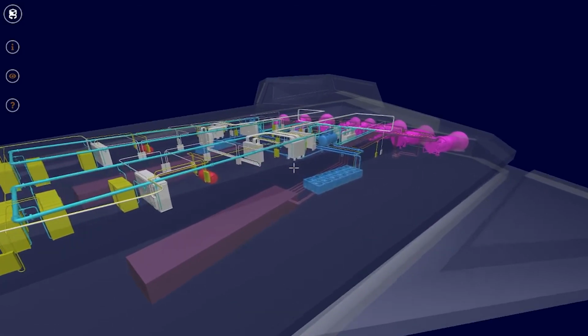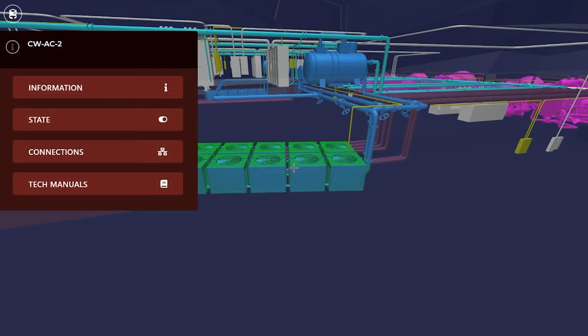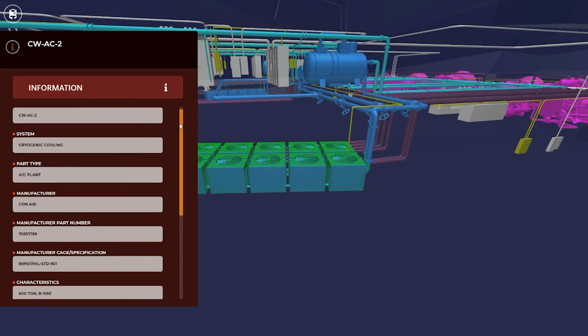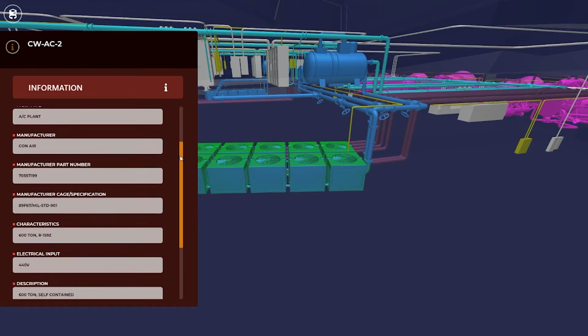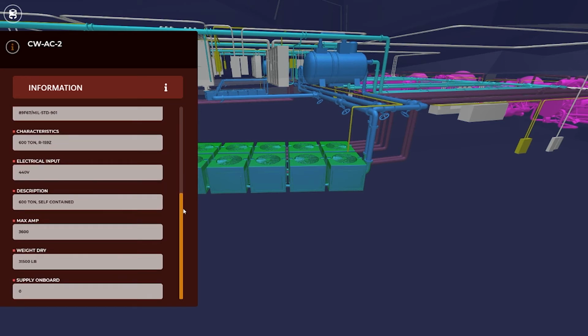We're using game-based controls, so WASD to move around, the mouse to turn what you're looking at. Everything is fully interactive, so I can click on this component and I can pull up information about it. Information includes naming conventions, part numbers, manufacturers, catalog numbers. Any type of information that you might want to see can be shown on this panel, and it's all fully